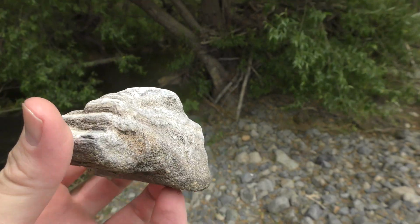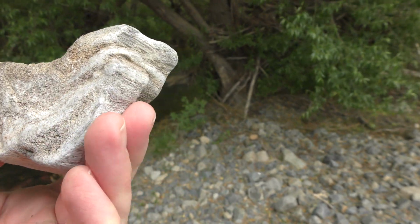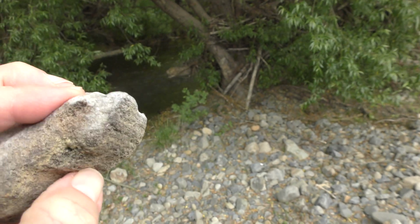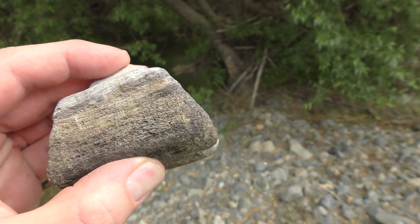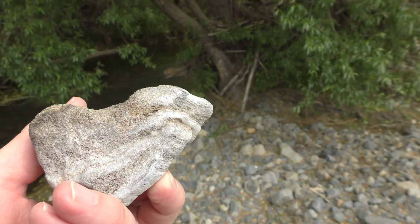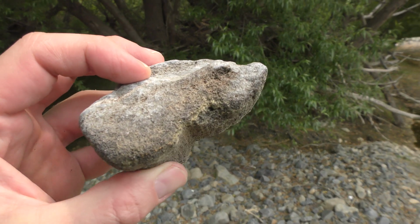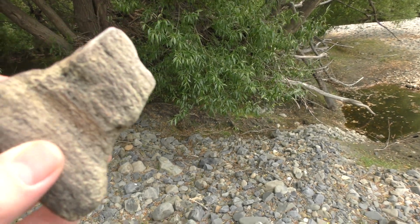Yeah, that's cool. I haven't found many in the... I wonder if it's wood or bone. I'm gonna guess wood. It's got a lot of pores to it. Yeah, that's wood or bone. That's very cool. I haven't found many pieces of petrified wood in this river, so I'm excited about every little